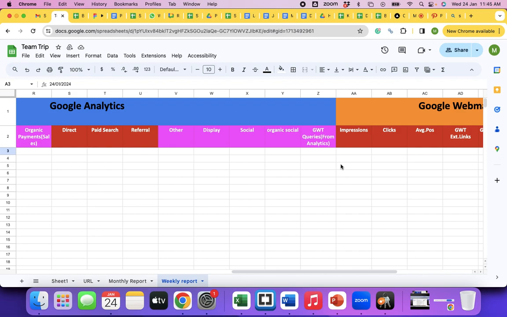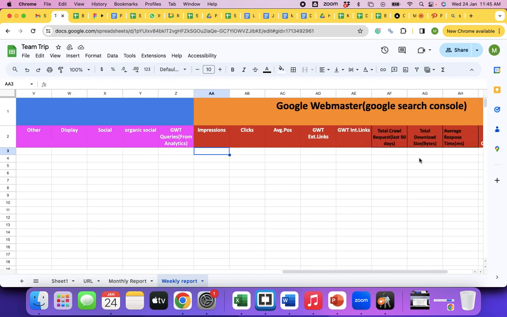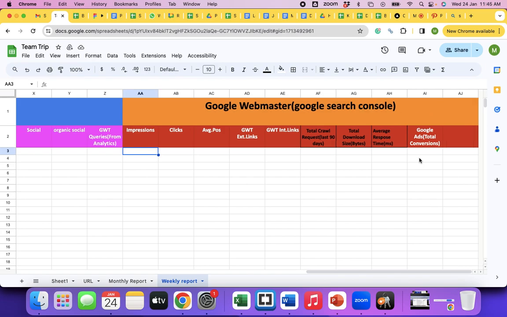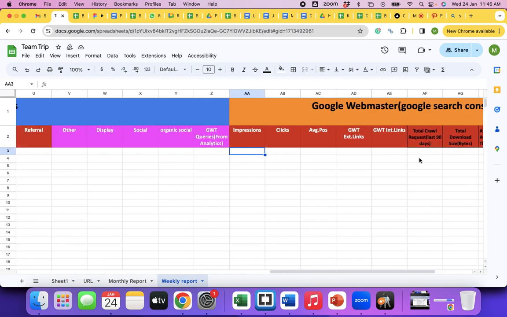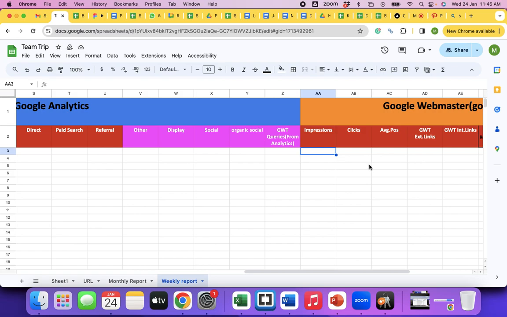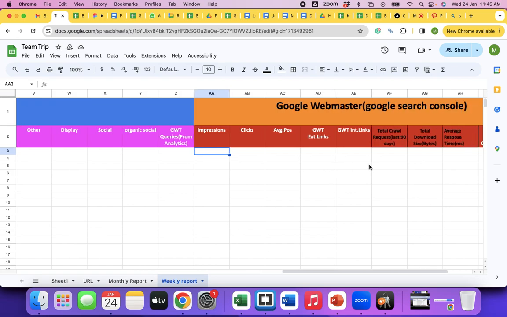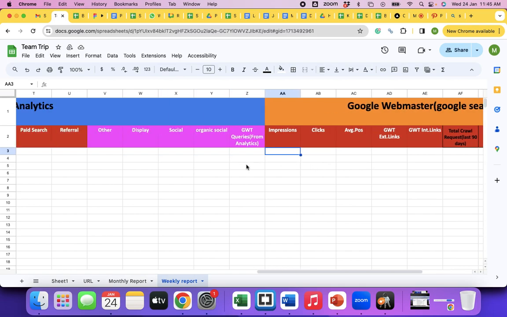Google Analytics. Yeah, Search Console here. So impressions, clicks, average position. We have missed out on that queries metric, but we are tracking the same information from analytics. Since this number is small on analytics, also it would see Google Search Console shows you only sample data. If you want the actual full data, you have to link Google Search Console to Google Analytics, and that's where you get to see all the data.